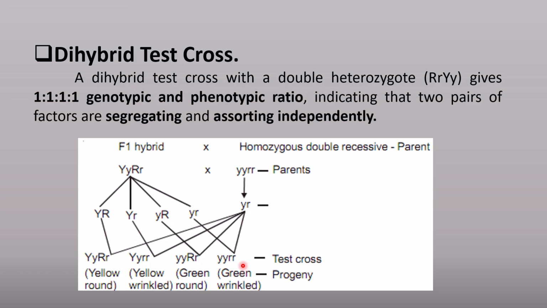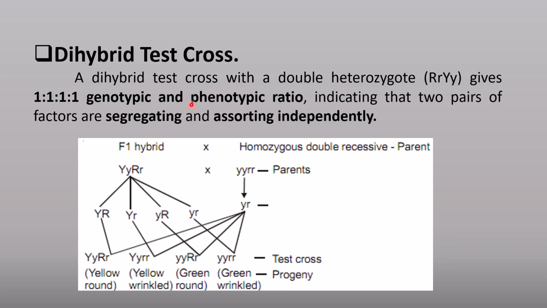So what is happening here is, unlike the monohybrid test cross, where a test cross with homozygotes gave a single type of phenotype, while a test cross with a heterozygous hybrid gave a 1:1 phenotypic ratio, indicating that one pair of factors were segregating. In the dihybrid test cross, it is with a double heterozygote that gives a 1:1:1:1 genotypic as well as phenotypic